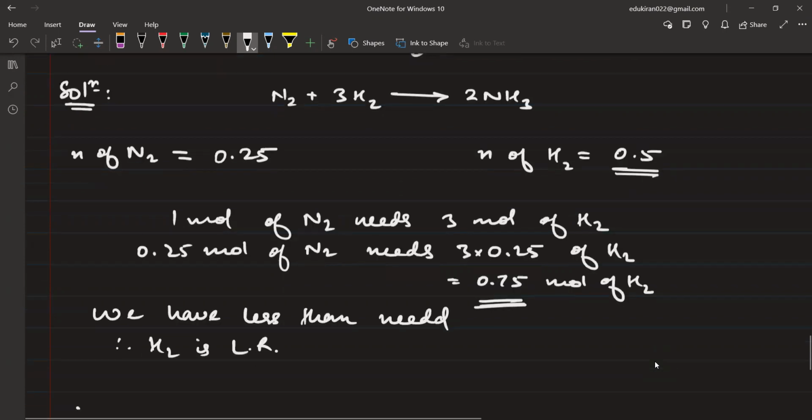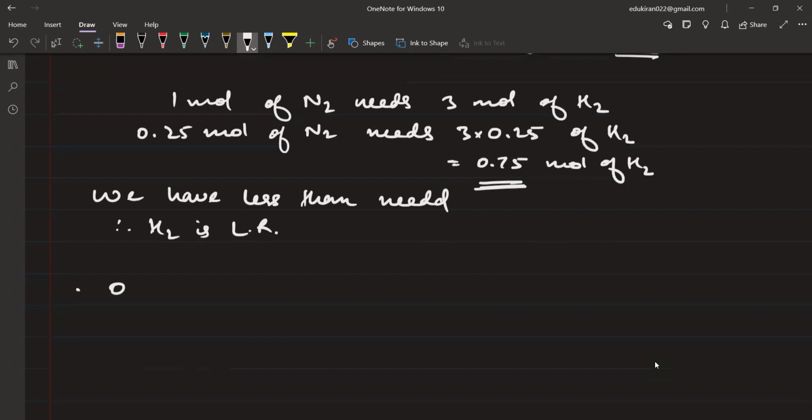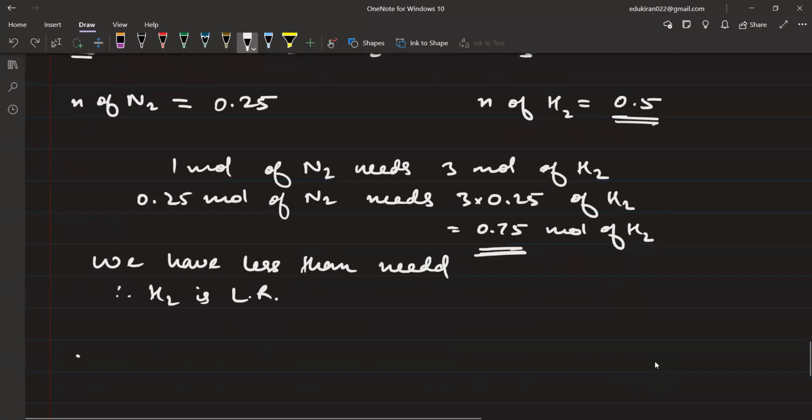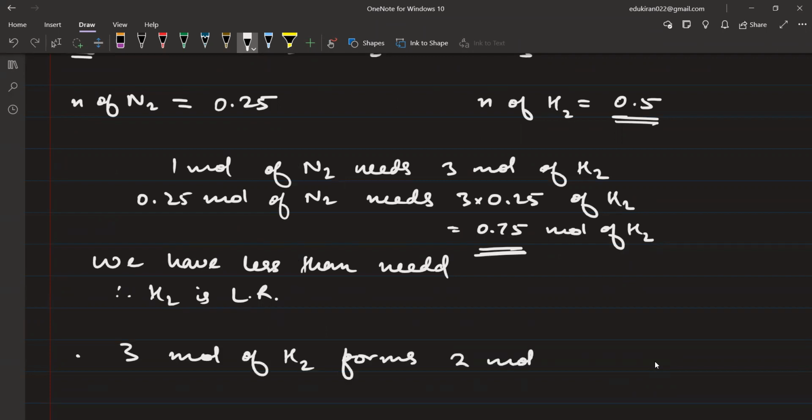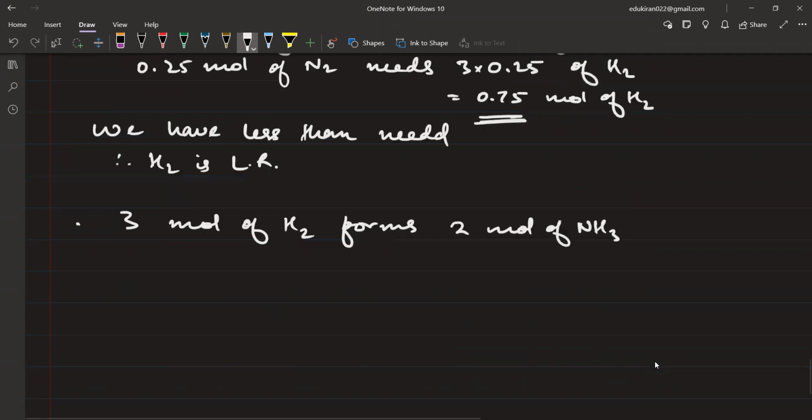How much do we have? We have 0.5. So according to the first statement, according to the chemical reaction, 3 mole of H2 forms 2 mole of NH3. Okay, that is why 0.5 mole,